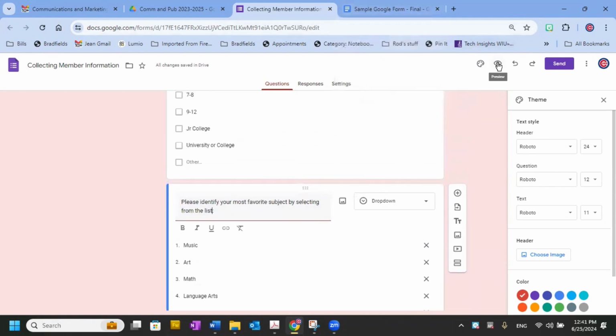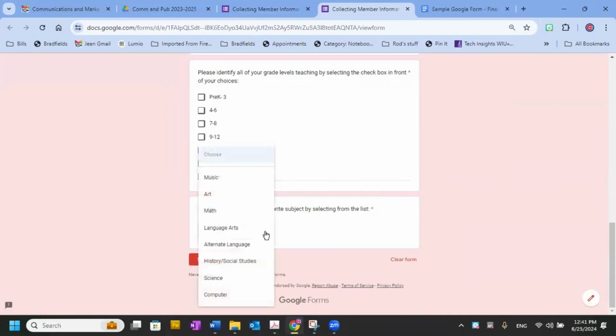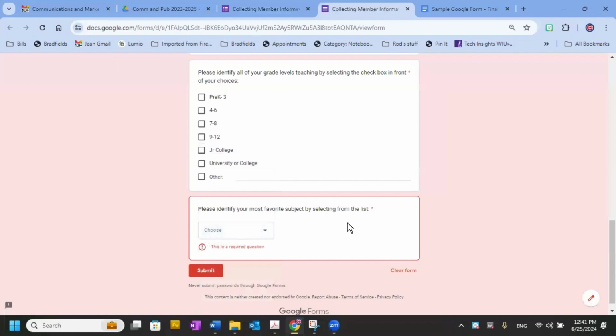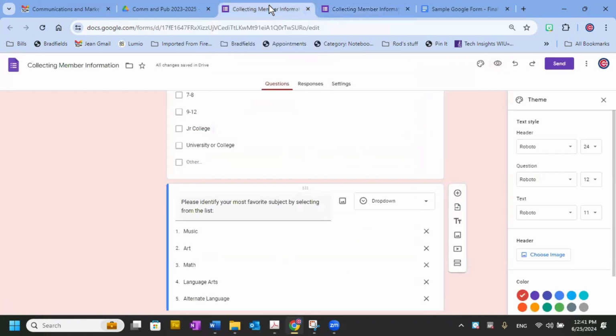Let's do preview so you can see what that one looks like. And there it is. And you have to choose. Okay. So you might say, well, we didn't ask for their email address. Well, there is a way to do that. And you can make that a requirement rather than adding a question. And so the place to do that is